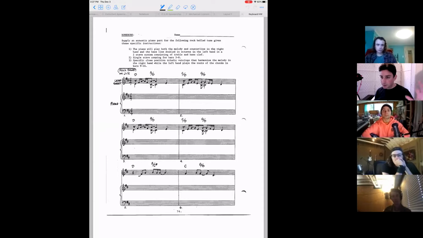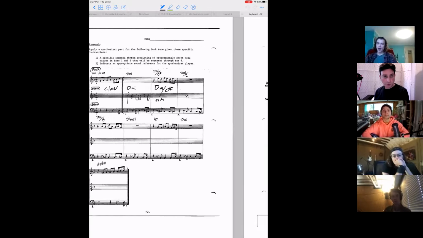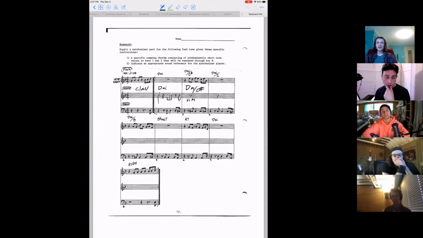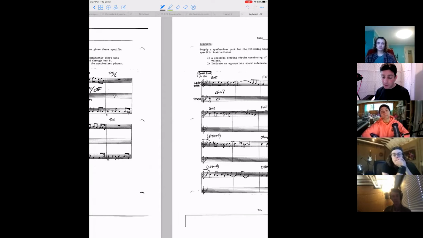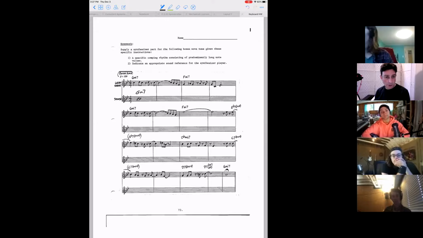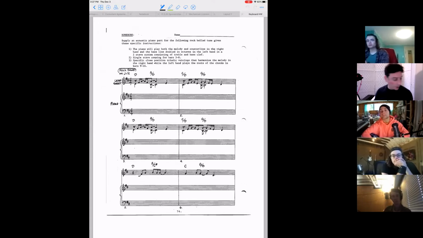Here's what I'm going to say. Do the first one for sure, and don't use the same rhythm that I used. Come up with your own thing. And then you can do either the second one or the third one. Which one you choose depends on just how much you want to challenge yourself. Everybody's got a lot on their plate, so if you don't want to take on this challenge, that's cool. But also, it might be good to have to write a two-staff piano part, because